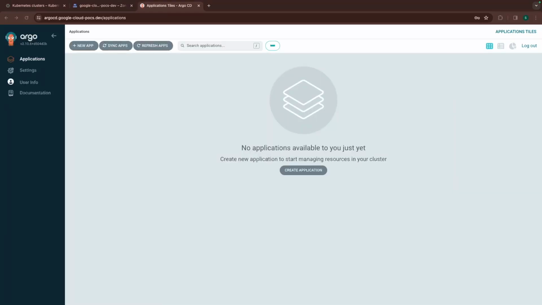Now that we have ArgoCD installed and up and running, let's move on to the next section where we will dive deeper into the ArgoCD architecture and the various ArgoCD components which are running in the backend and what function each of those components